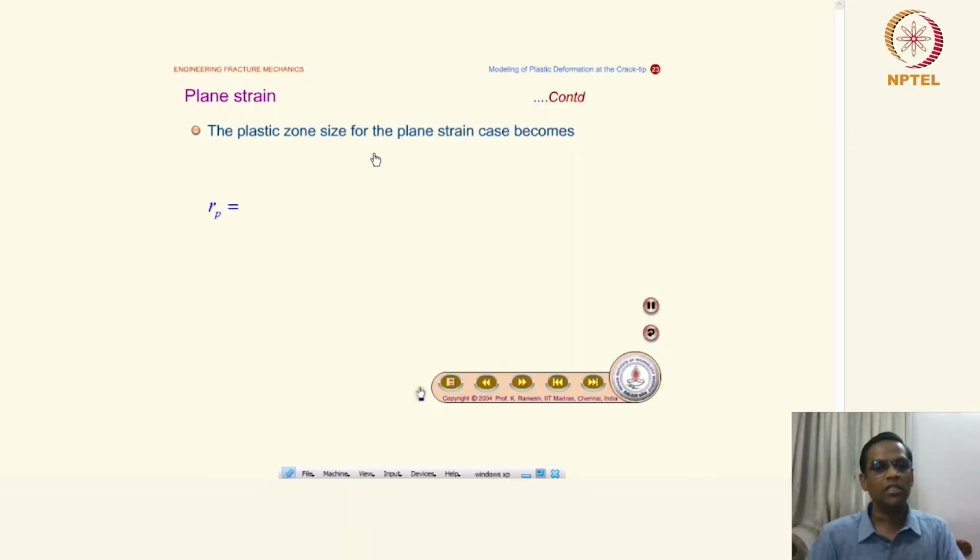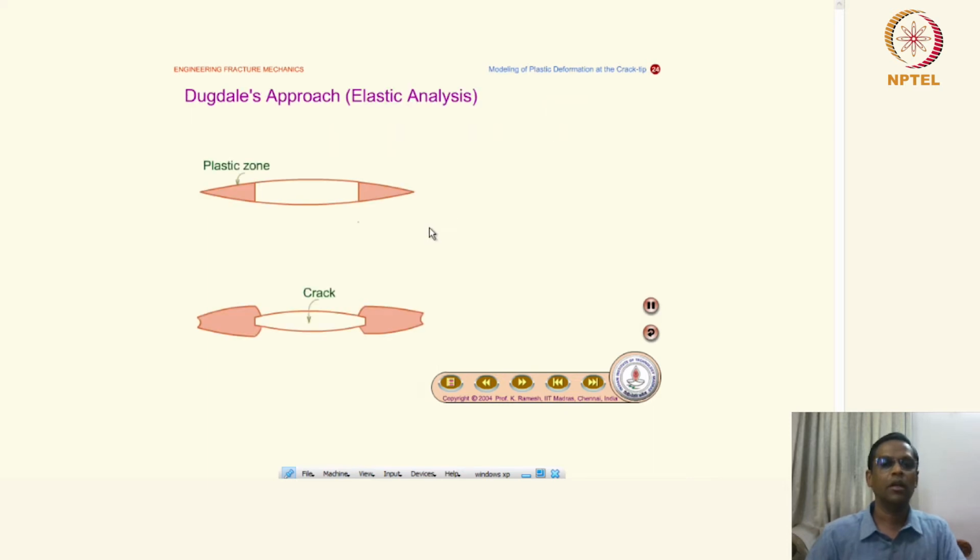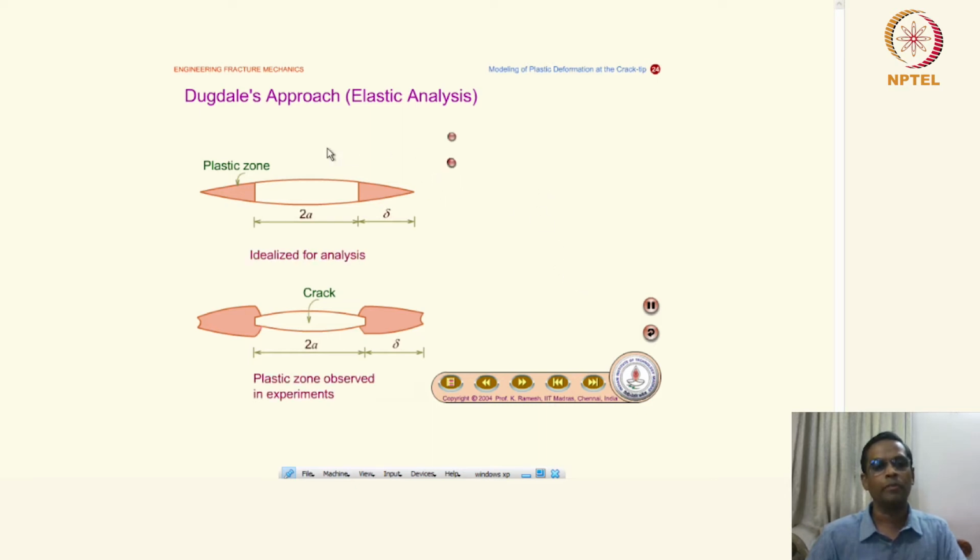So the plastic zone size for the plane strain case finally becomes Rp = 2δ = 1/(3π) (K1/σys)². Okay. And then we can look at another model, which is a very important model,